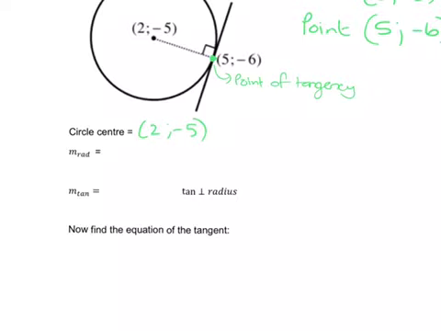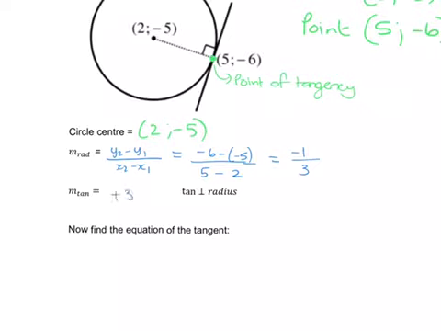So how do we work out gradient? We take y2 minus y1 over x2 minus x1. I don't have space here, so I'm just going to do it next to it. So I'm going to work with y2, let's say, is -6, minus y1 is going to be the -5, and then it's going to be 5 minus 2. So we end up with -1 over 3. So -1 over 3 is the gradient of the radius, which means the gradient of the tangent